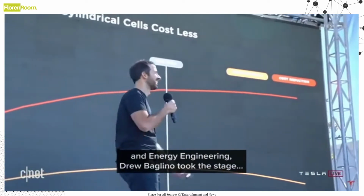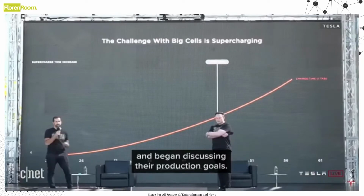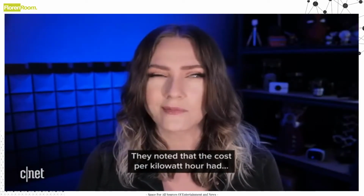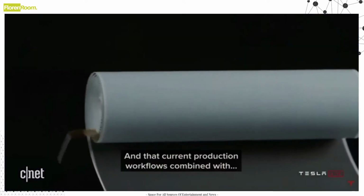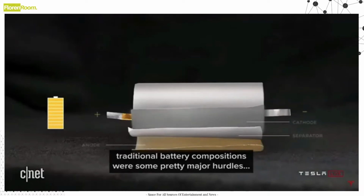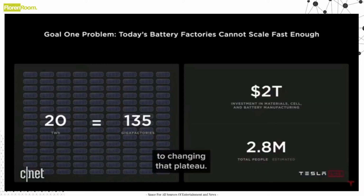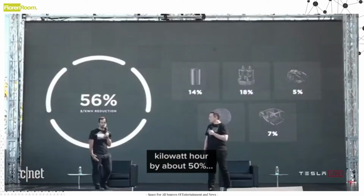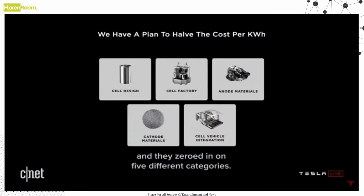Elon and Tesla Senior Vice President of Powertrain and Energy Engineering, Drew Baglino, took the stage and began discussing their production goals. They noted that the cost per kilowatt hour had kind of plateaued a bit using current technology, and that current production workflows combined with traditional battery compositions were some pretty major hurdles to changing that plateau. They said they wanted to decrease cost per kilowatt hour by about 50%, and they zeroed in on 5 different